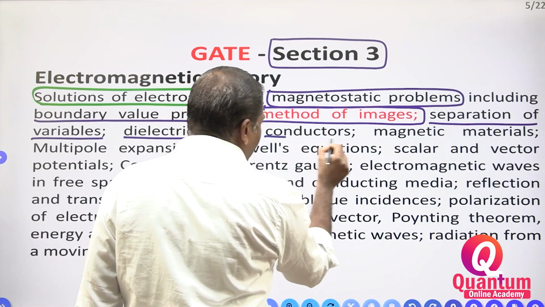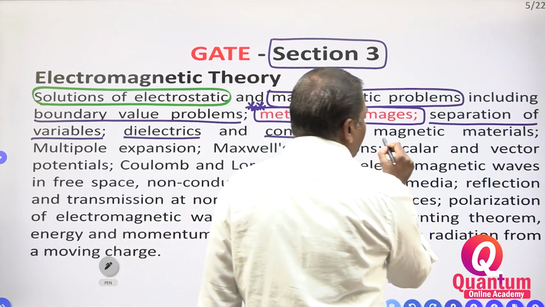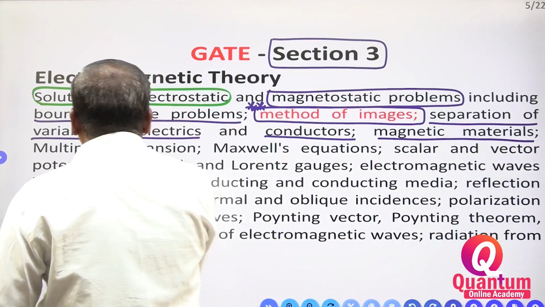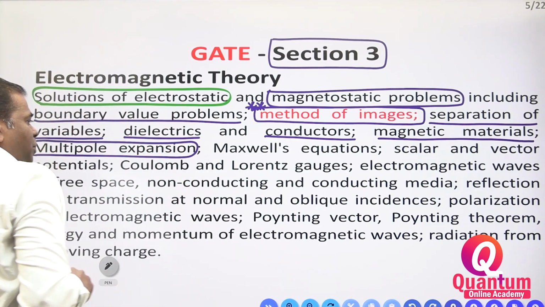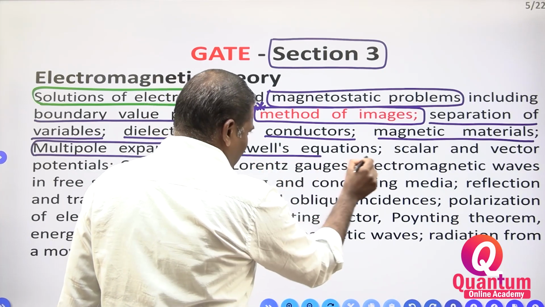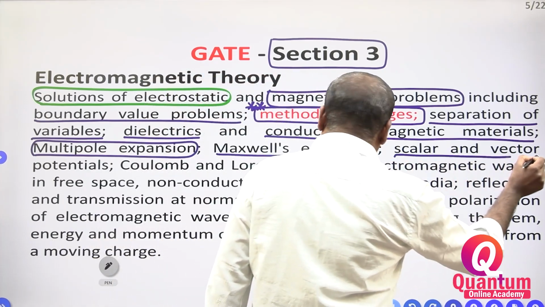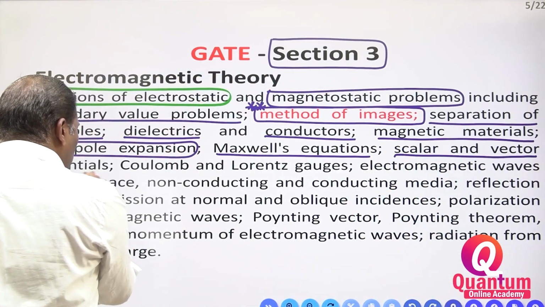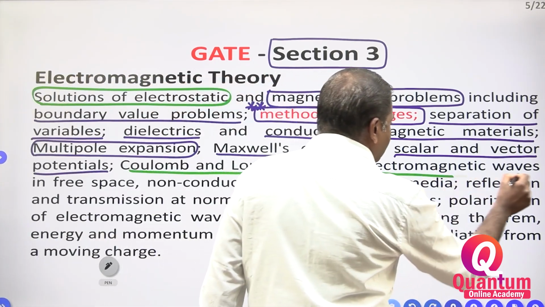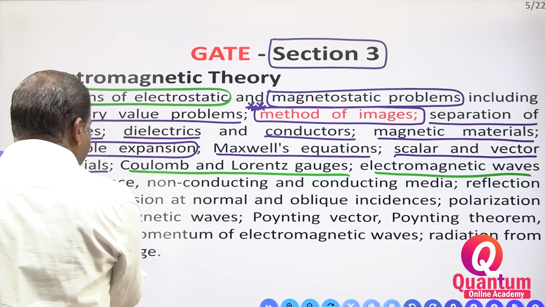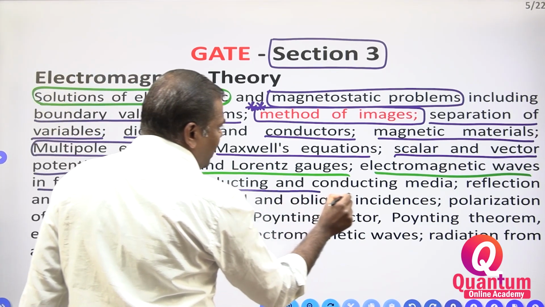Dielectrics there also is there. Conductors there also is there. Magnetic materials, multipole expansion. This is very important. Multipole expansion. Maxwell equations, scalar and vector potential, Coulomb and Lorentz gauge, electromagnetic waves in free space, non-conducting and conducting